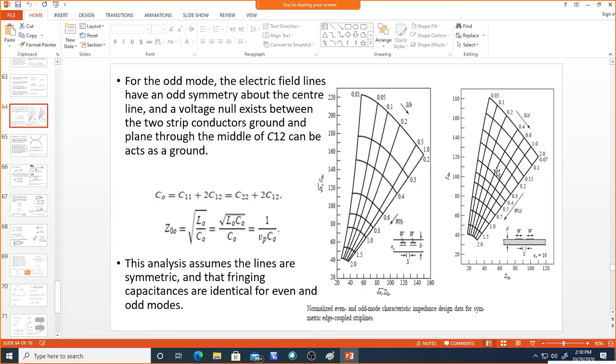So by using this method also you can find out the spacing as well as the width of the line. Here D is nothing but the thickness of the substrate. So correspondingly you have to take the thickness of the substrate and calculate. Okay. So that is the method you have to use for finding out the single section coupled line coupler for a particular coupling factor. Okay.